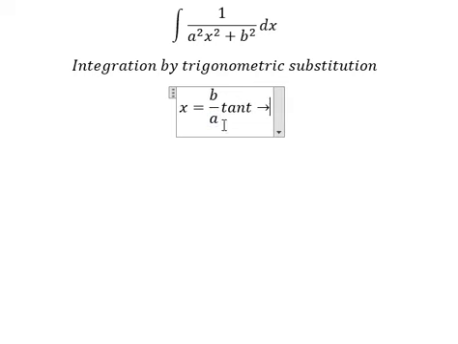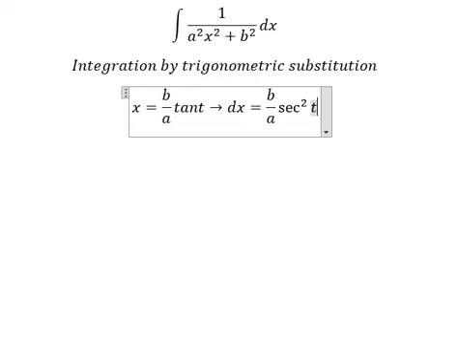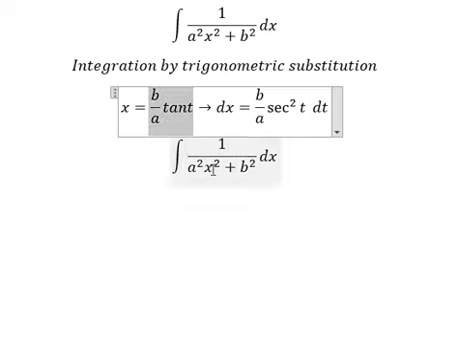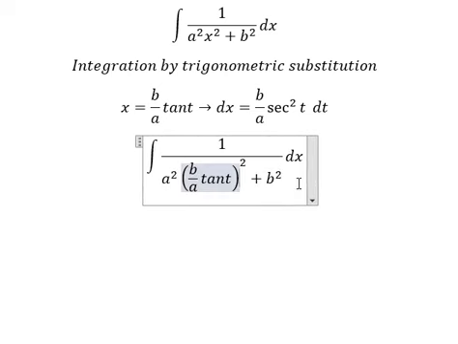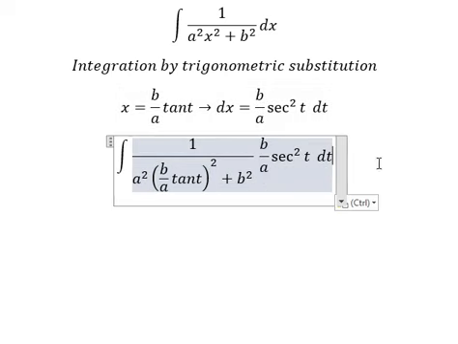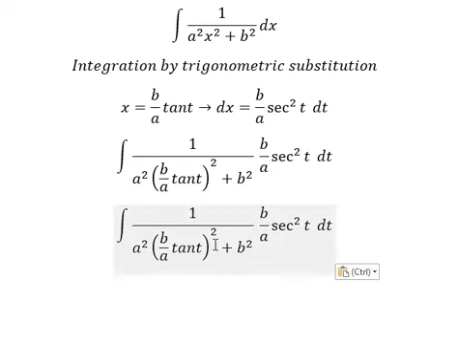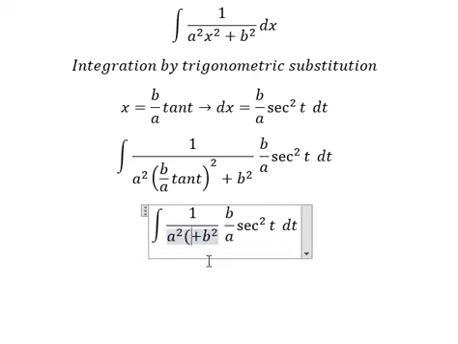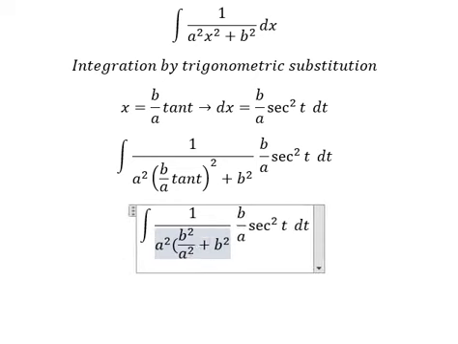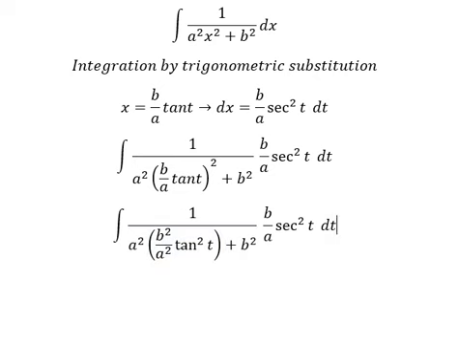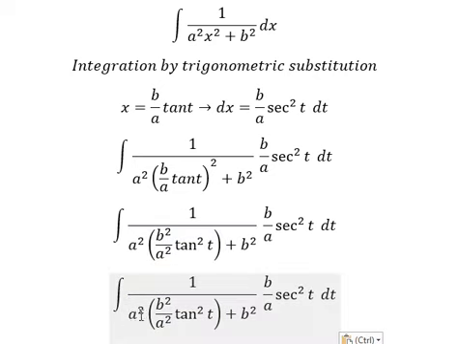Next, we need to do first the derivative for both sides, and we have like this. So I will put this one here. ds we change for this one. So this one we have b square over a square tan t square. Next, we need to simplify a square,